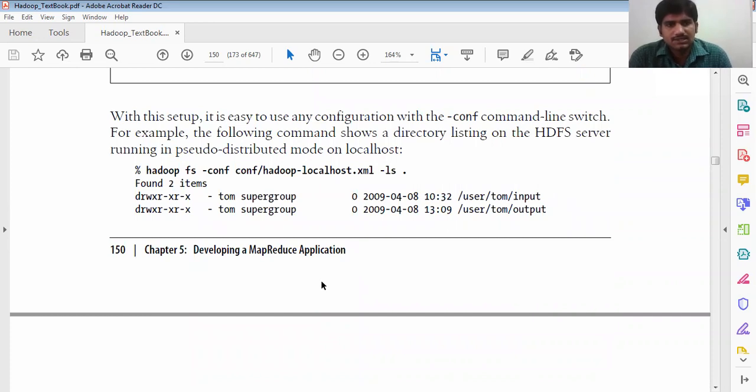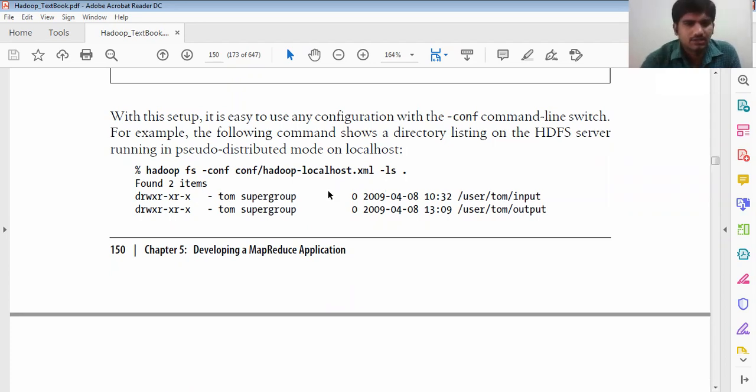With this setup, it is easy to use any configuration with the -conf command line option to switch. For example, to list the directory on the HDFS server running on the pseudo-distributed cluster: hadoop fs -conf hadoop-localhost.xml -ls. So what do we have? ls means list.